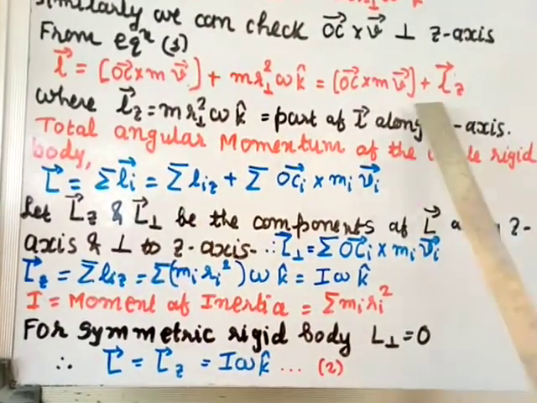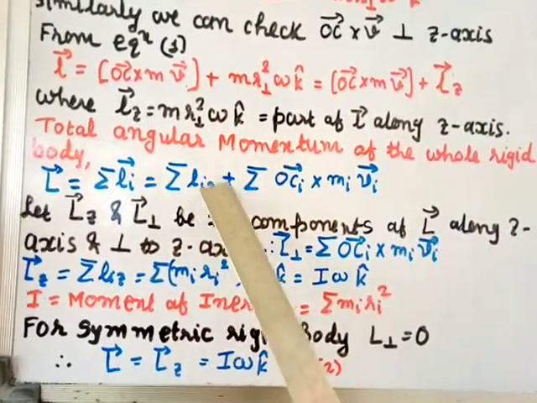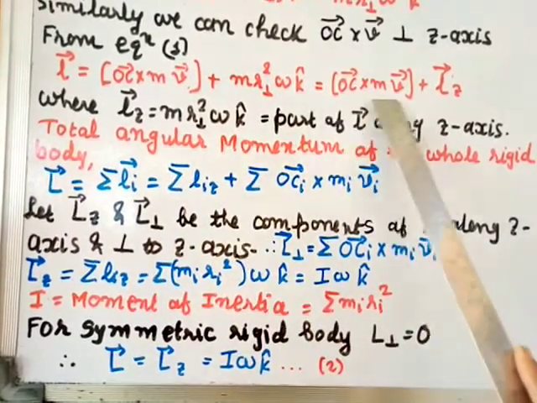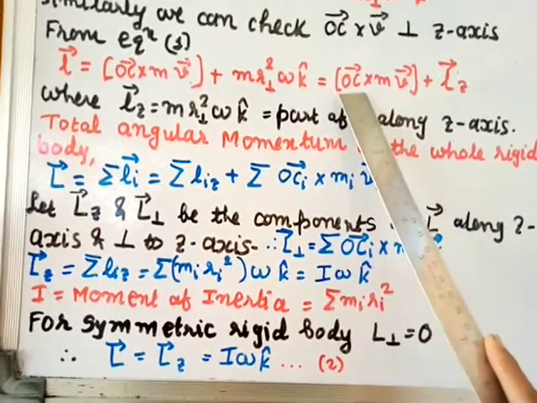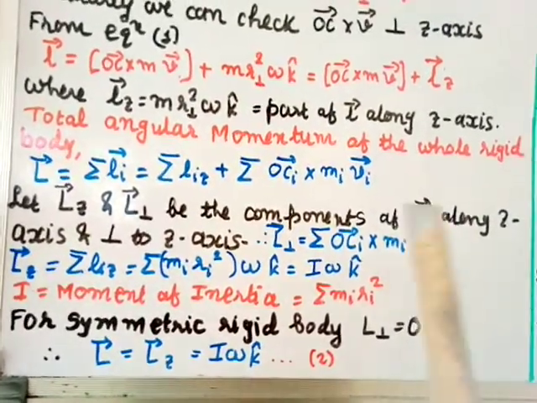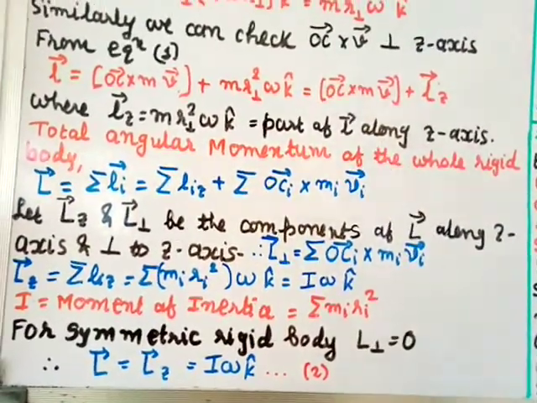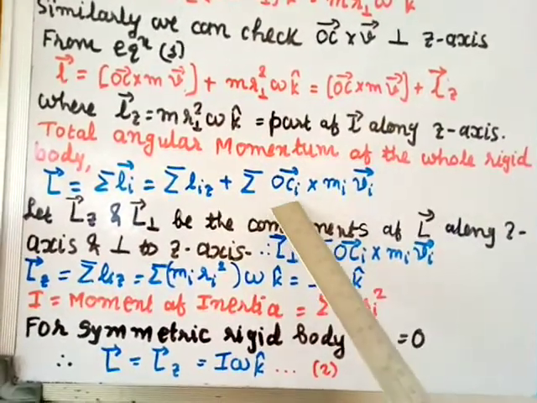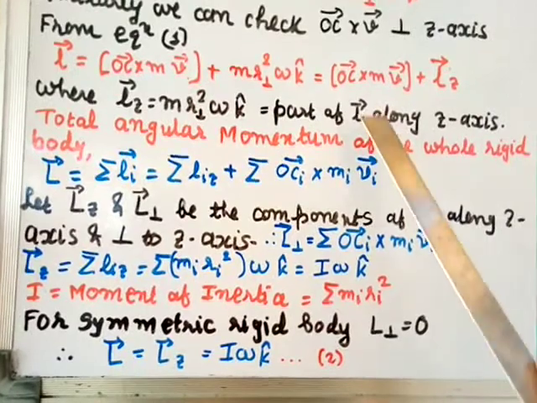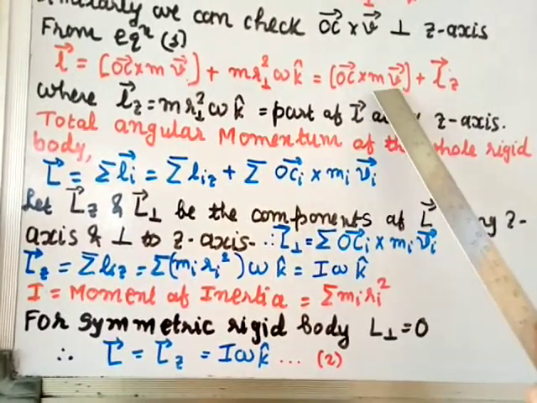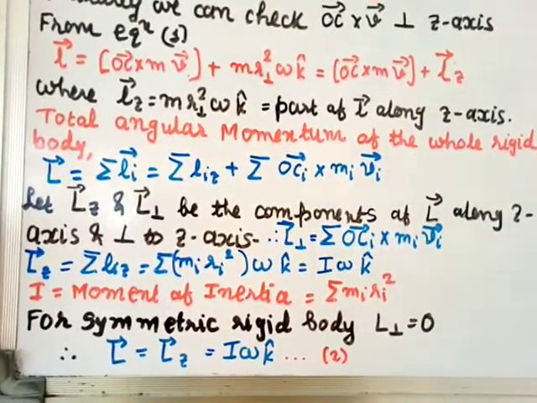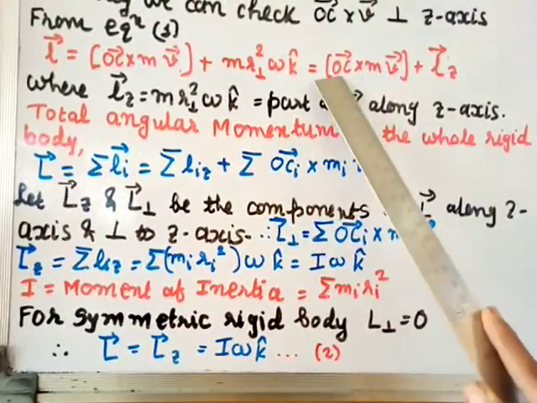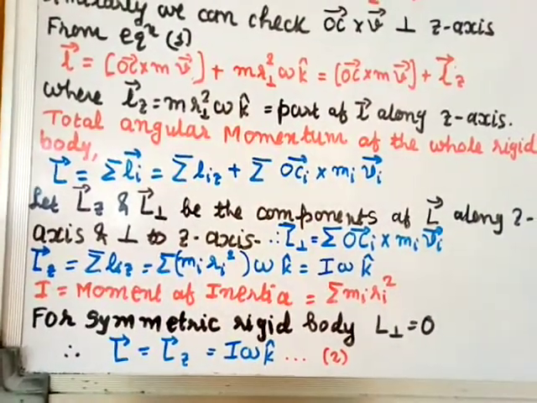So it is summation of vector Liz plus summation of this value. O is fixed, but the center C will be different for different points, right? And the perpendicular distance of a point from the axis will be different. So C is written as Ci, for the ith particle. The mass will be mi and V will be Vi, different for each ith particle, right? So I have written the suffix i for all these. O is fixed, so O will remain fixed.